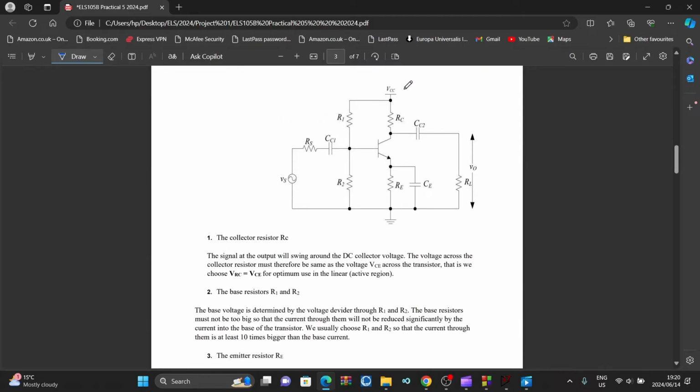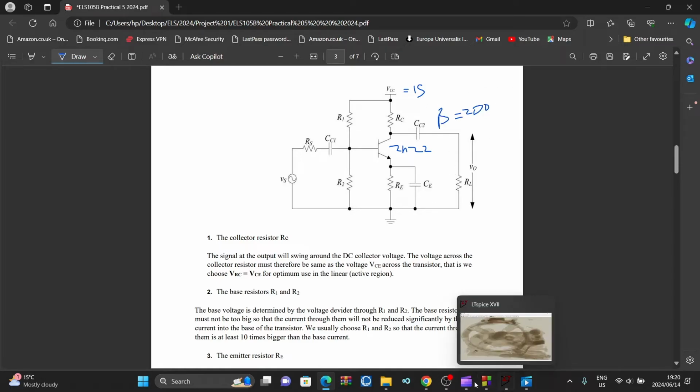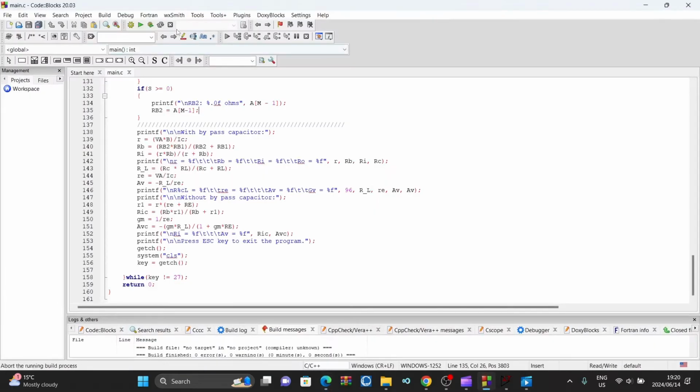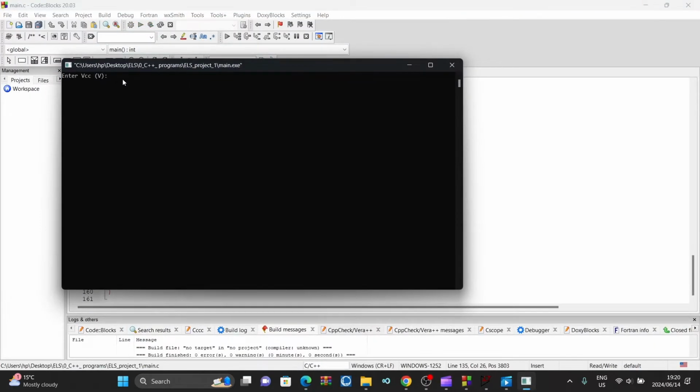And then my VCC will be 15, and then I'll use 2N22. Its beta value is more or less 200, somewhere there. So what will I do? Let's do some calculation. I wrote a program here which can do the calculation for me. So I'll put in my DC voltage as 15, my beta as 200, my current was